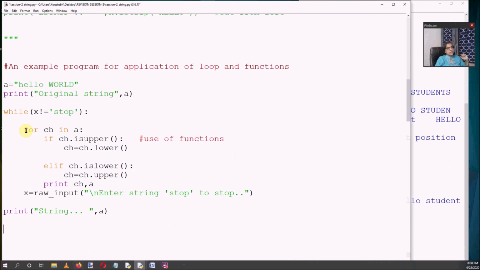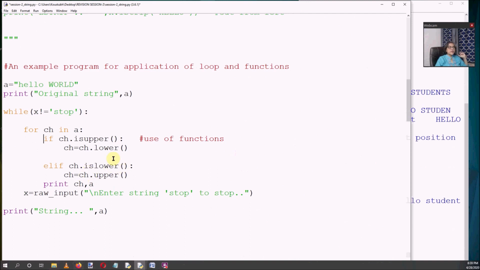Within the body of the loop, there is another for loop, which will check each and every character of the given string A, character by character. After checking, it will check whether the given character is uppercase. If it is upper, then it will convert into lowercase. Otherwise, if this condition is false, it will check whether it is lowercase, then it will convert into uppercase.